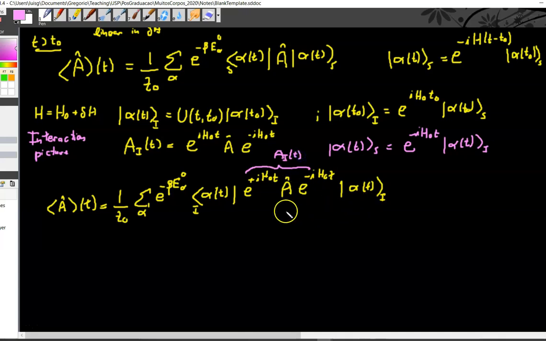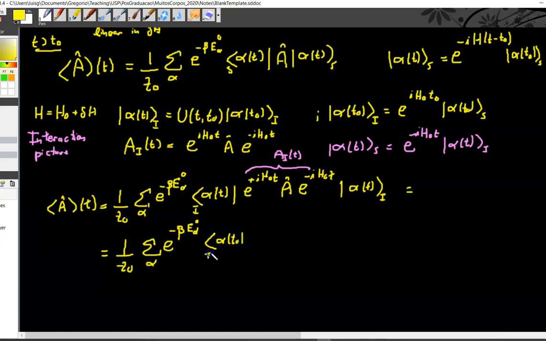Okay, all right, so everything is good. I changed the pictures. It doesn't change my expected value. So let's keep on. And now I'm going to put these guys in terms of the time evolution operator. So I still have this sum over alpha e to the minus beta e alpha, 0. And then I'll have